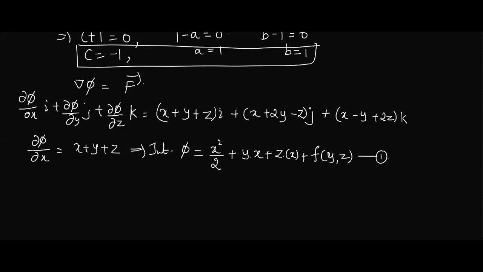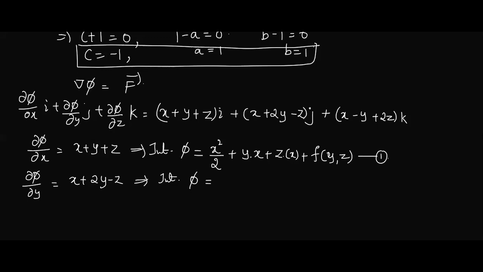Second, dou phi by dou y is equal to what? x plus 2y minus z. Okay? Integrate with respect to what here? y. So it is phi equal to. Ma'am, can I just check the equation: dou phi by dou x equal to x plus y plus z? That's what, after getting the value of A, you should substitute, no? Now it is a known quantity. A should be substituted and taken up, otherwise it remains unknown. Yes, ma'am. Okay, it has to be substituted.